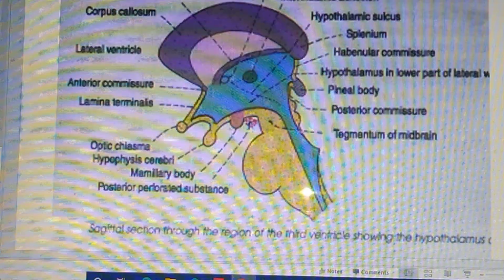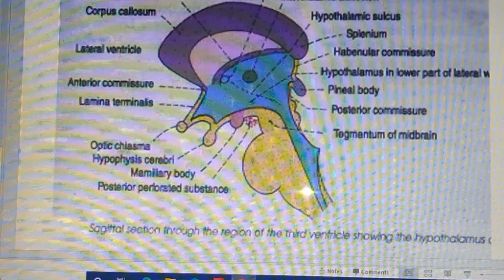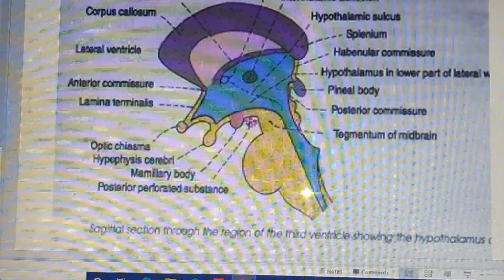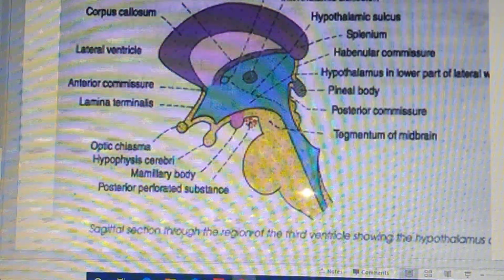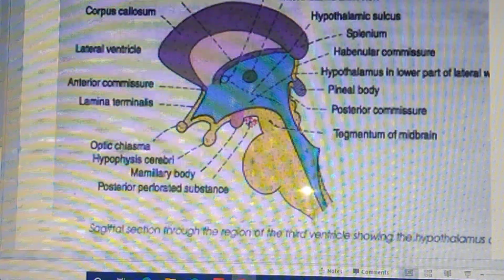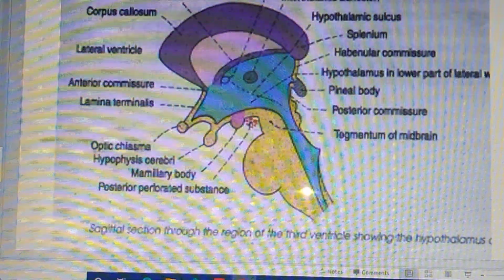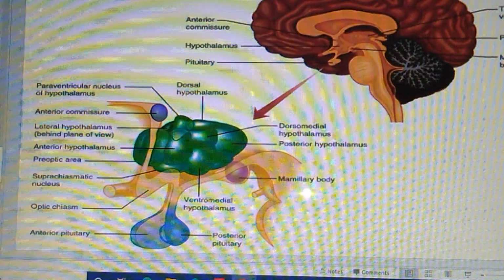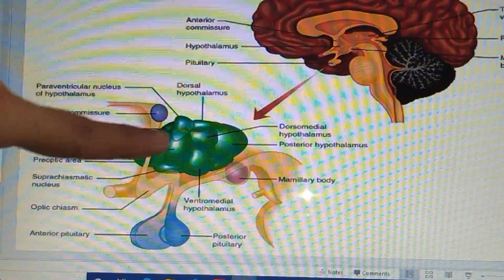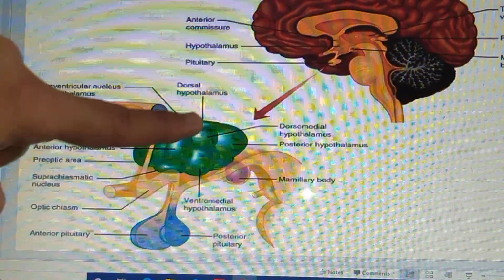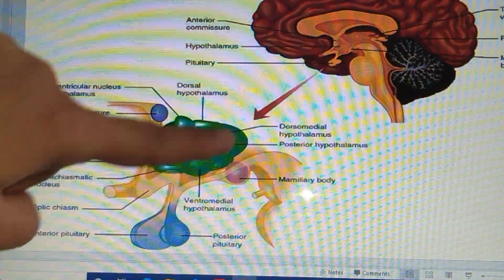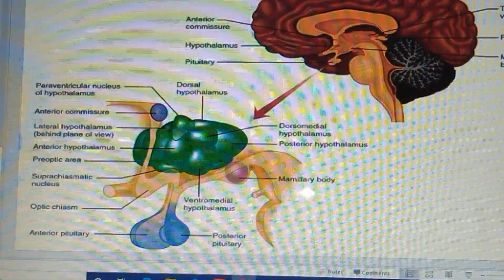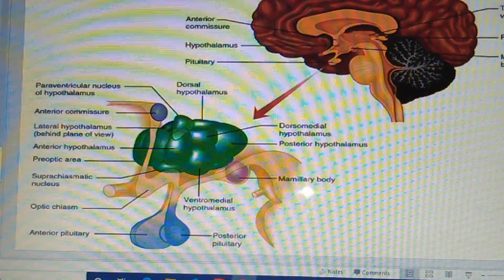Next are the parts of the hypothalamus. Now, as we have done in the thalamus, it is full of nuclei. Similarly, the hypothalamus also constitutes many nuclei, but before that it is divided into three parts: optic, tuberal and mammillary parts. Here in this diagram you can see anteriorly this is the optic area, this is the tuberal part, and last is the mammillary part. Above the mammillary body is the mammillary part. We will see the nuclei in one more diagram for easy understanding.